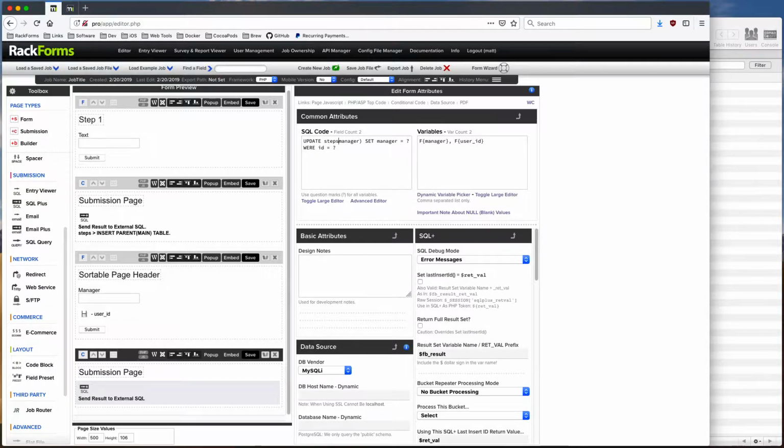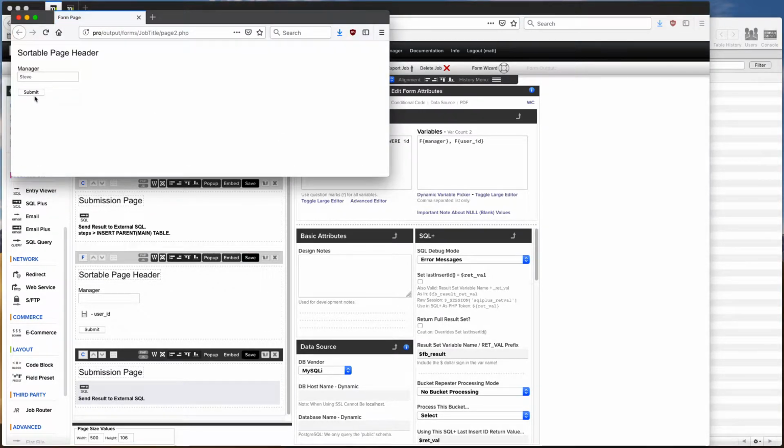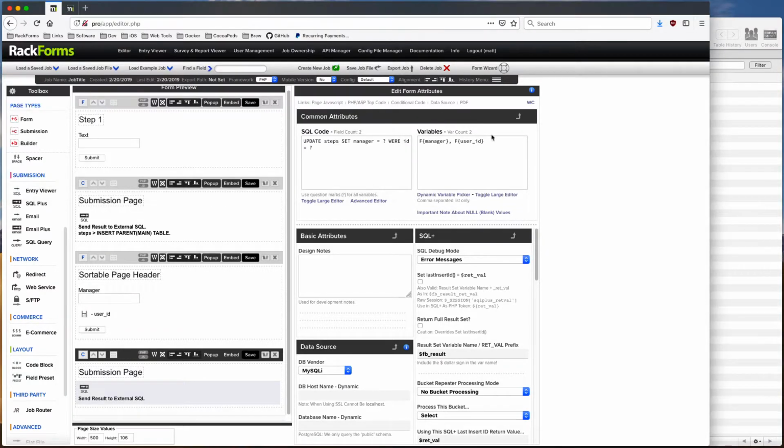And I think it's because of that. So I still want to say update steps set manager equals blank where this equals that. So that should be good. And so yeah, now this should work. Oh, I still actually have a